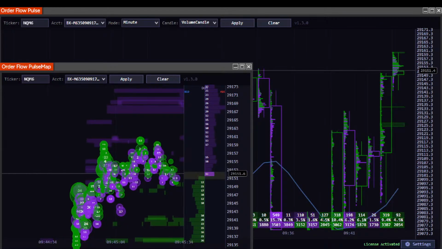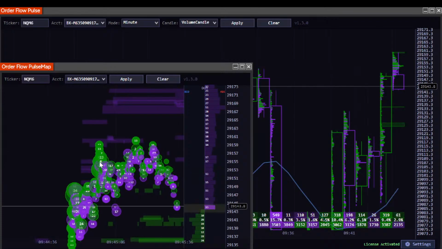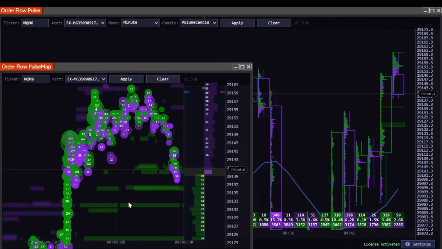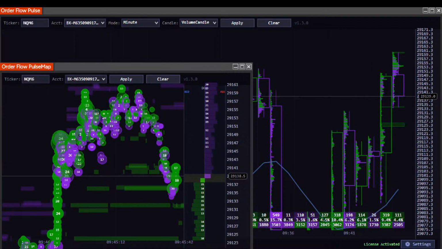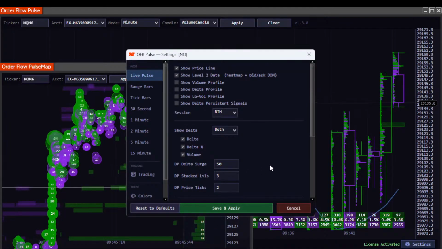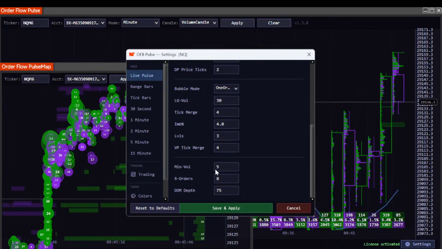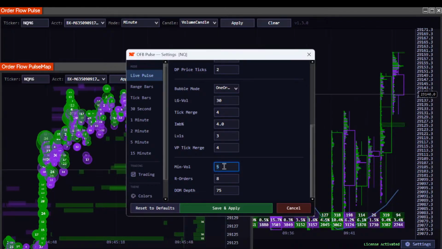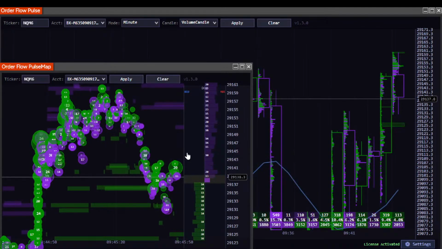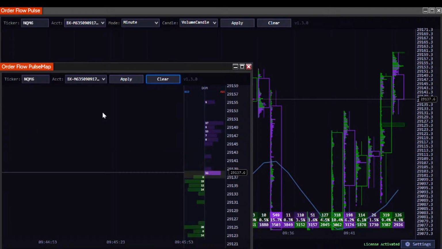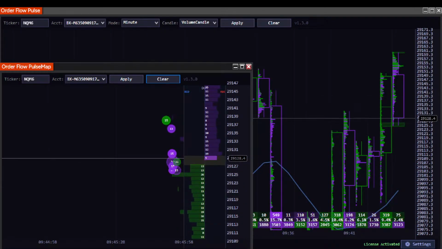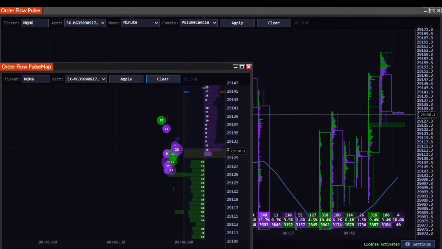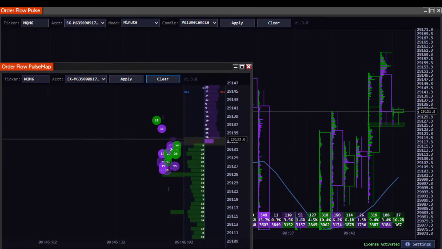Yeah, the NQ. Well, you had a stacked imbalance on the NQ. I'm trying to pay attention to my other chart. Let me get these settings. These settings are just horrendous. Minimum volume, let's just do 10. Okay, we'll just clear this out. Yeah, that's a little bit better, I guess. I had it set for pre-market.